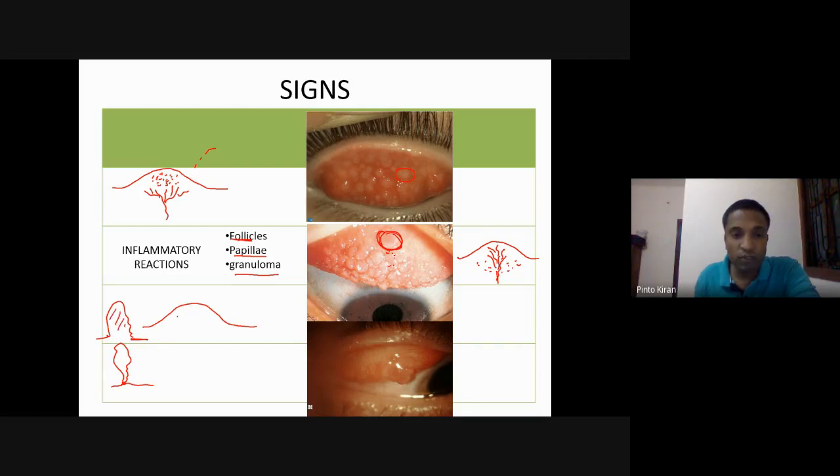So how does it look microscopically? There will be a foreign body in the center. Surrounding that, there will be a collection of inflammatory cells, which are multinucleated giant cells or epithelioid cells. Okay, they will surround the foreign body, just like any granulomas in the body. See, this is the granuloma. It's a sessile form of a pyogenic granuloma.